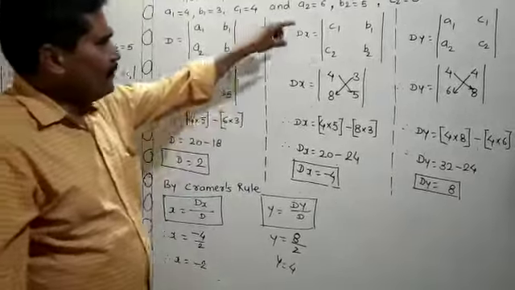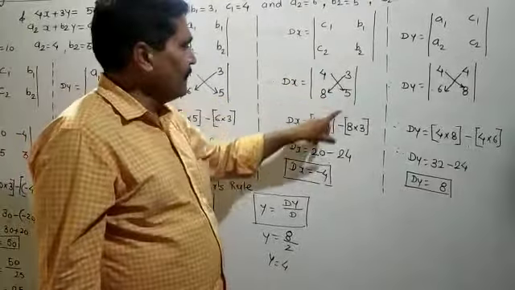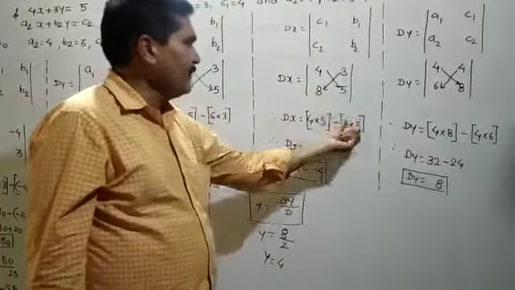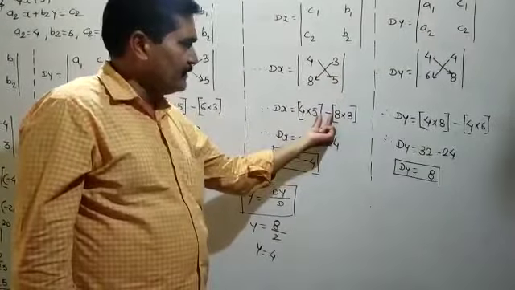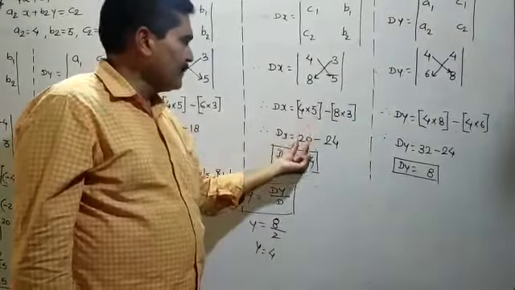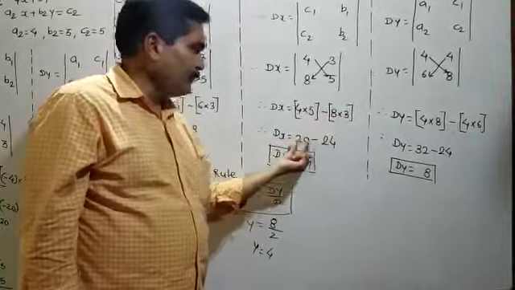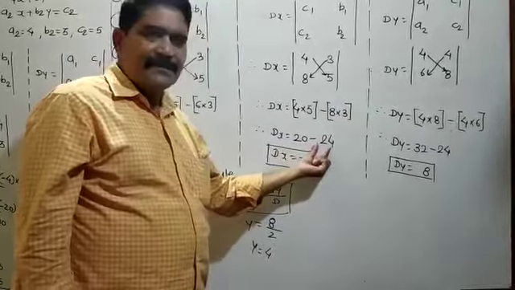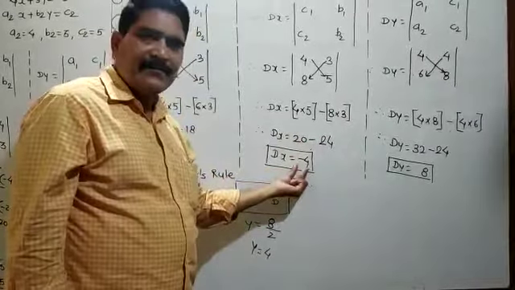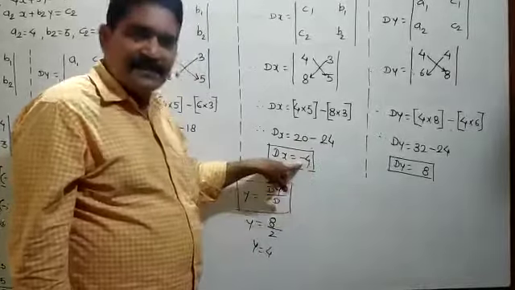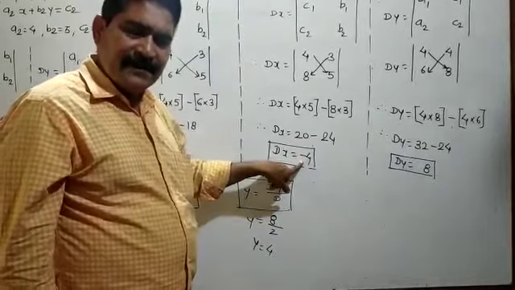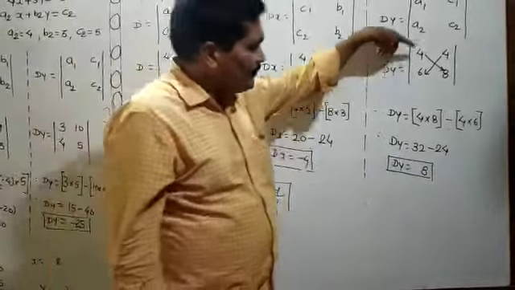Then you have to do the cross multiplication. 4 multiplied by 5 and 3 multiplied by 8. You have to find the difference of the products. Then 4 5s are 20, 8 3s are 24. This number is positive, this number is negative. Find the difference between their magnitudes and give the sign of the greater magnitude. This answer will come minus 4. Everybody understand?